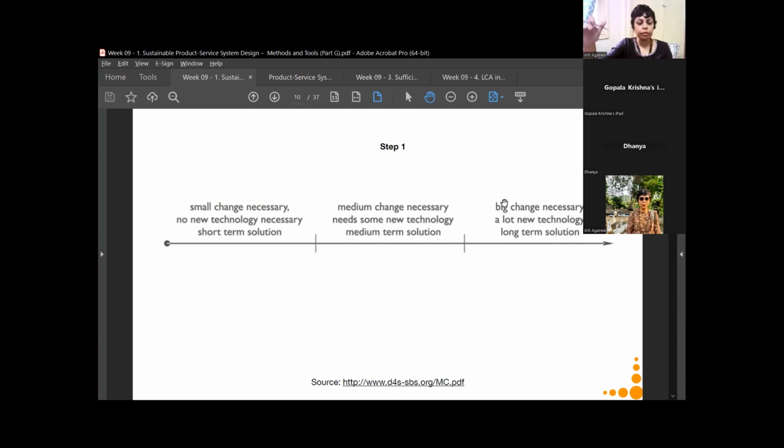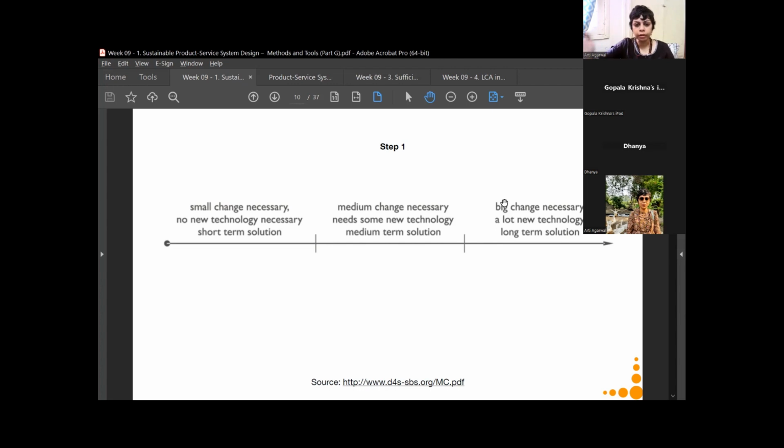We just need to figure out a way to implement it, right? So you need to identify how much of the lighting should be solar powered. You're just going to do some changes in the wiring and put some solar panels somewhere, and that's a medium-term solution, because there's not enough innovation you've done. You've just